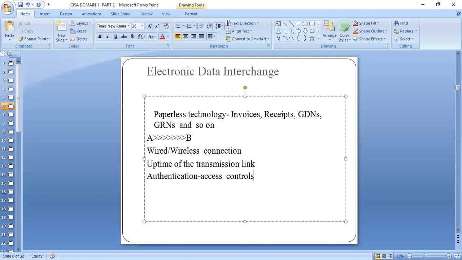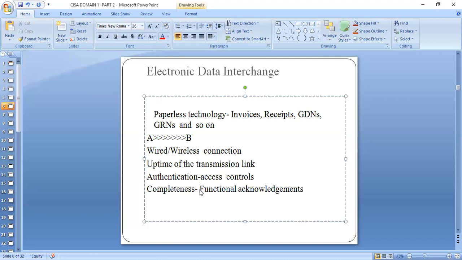How do you confirm integrity? Integrity of the transaction, for example completeness of the transaction. So we'll be looking for controls like what is called functional acknowledgement. I send you, A transmits to B, and B transmits an acknowledgement, I got it, to A, so that A can have peace of mind that yes, the message has